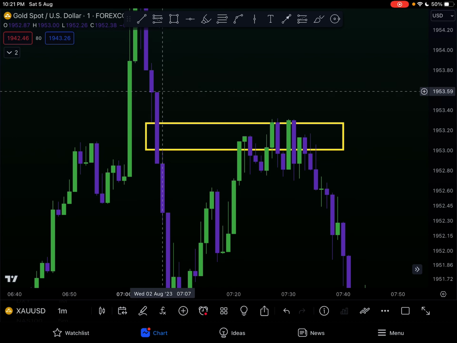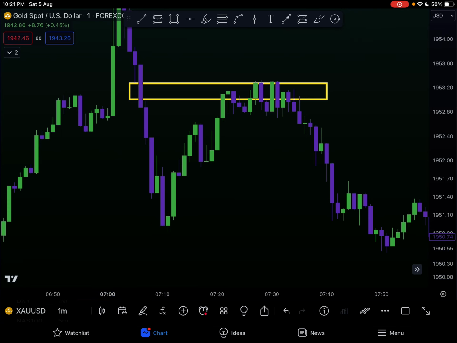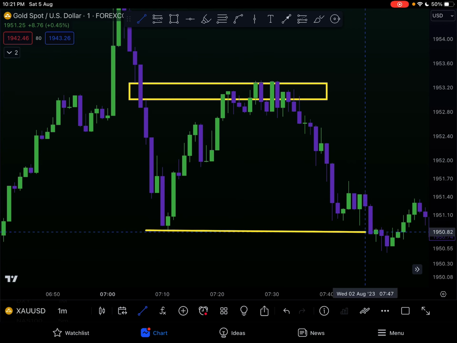Comes down, fair value gap. It's going to run underneath, and you're going to get rid of that. And you're going to notice that price left a small gap here. You have the candle, the candle after it, and the space in between that price is not going to ignore. It's going to come down, run back into this area, consolidate. Make sure you participate within an imbalance if you're not going to use a turtle soup setup, and you're going to run it. And again, where are you going to take your profits? If you're scalping, right here.